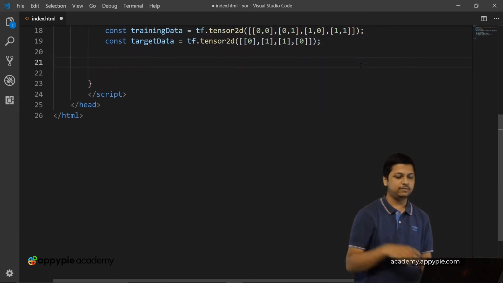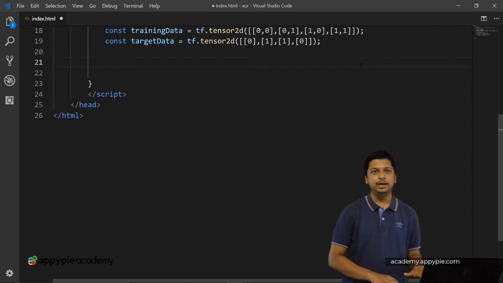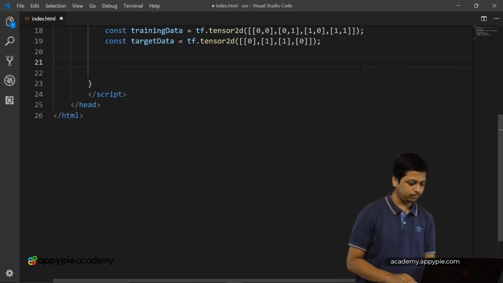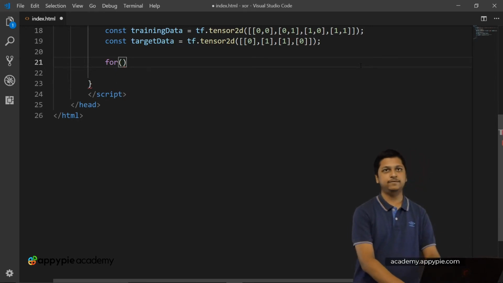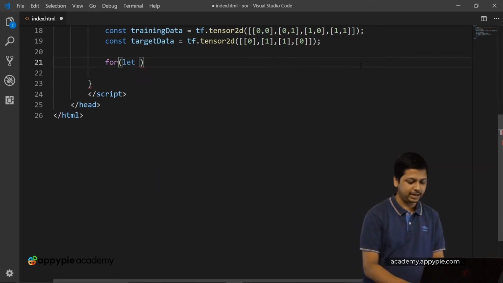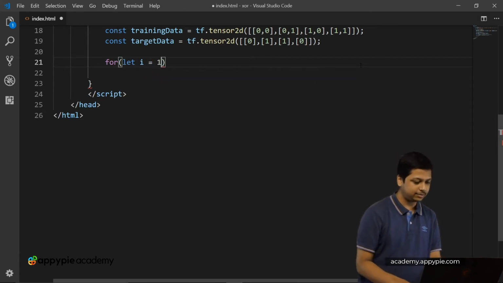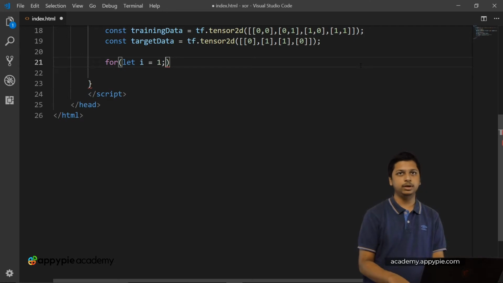Okay, so now after that let's create the main for loop which we will be using for the training. So we have for, and now inside for let's basically create a variable. So we have let i, and i is equal to 1. Then we have i is less than